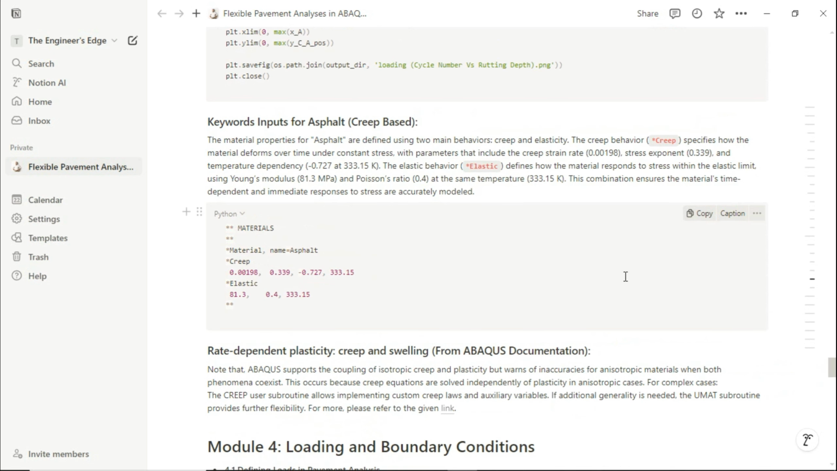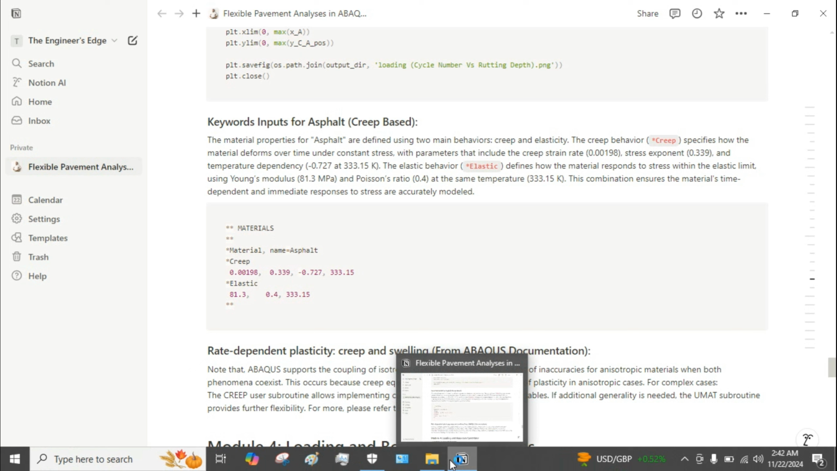So we need rate dependent plasticity, that is creep and swelling, and the link is given here. So you can just visit the link if you are in search of further details about this model, and this link will launch the page from which I have considered the material